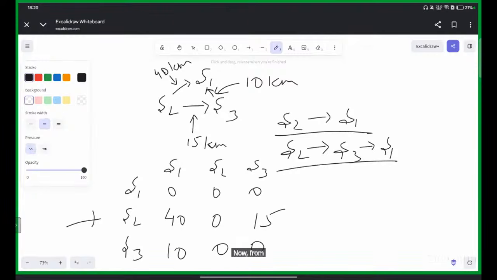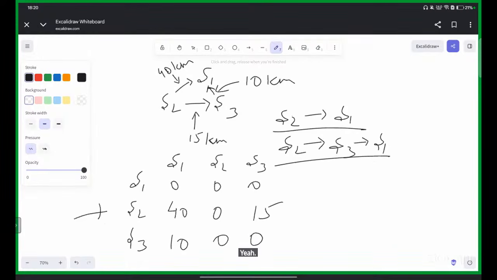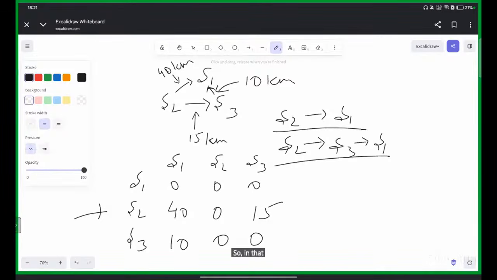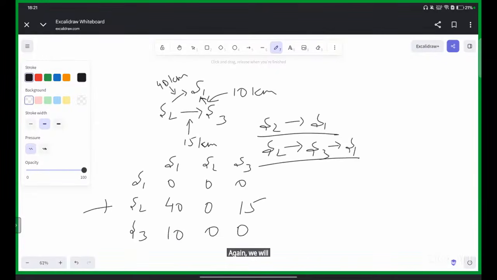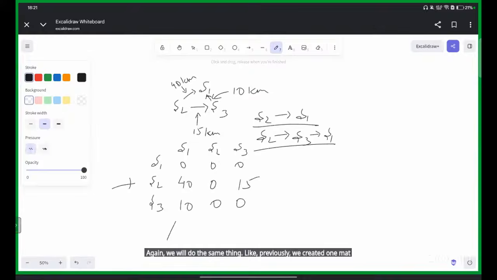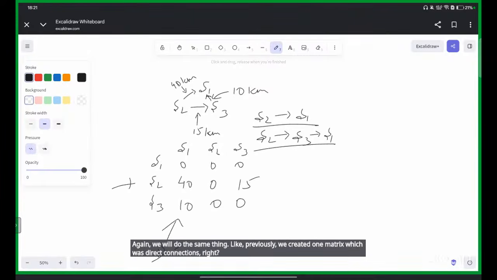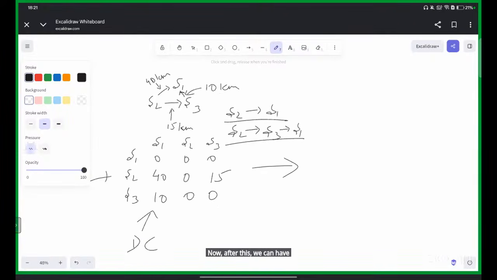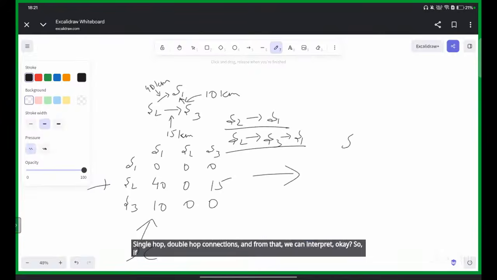Now from this matrix, one question: if it was not a directly connected train, in that case the matrix will not contain the distance, correct? So how do we represent it? Again, we will do the same thing. Like previously, we created one matrix which was direct connections. Now, after this, we can have single hop, double hop connections, and from that we can interpret. If we create the single hop matrix,